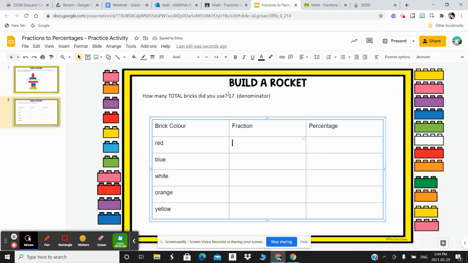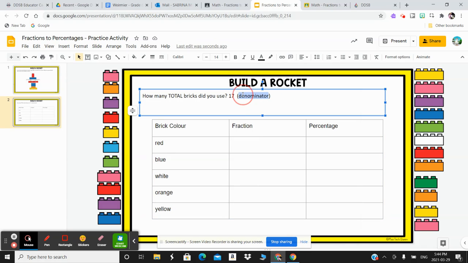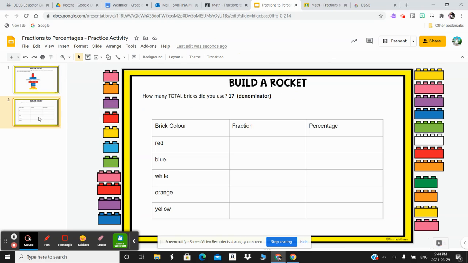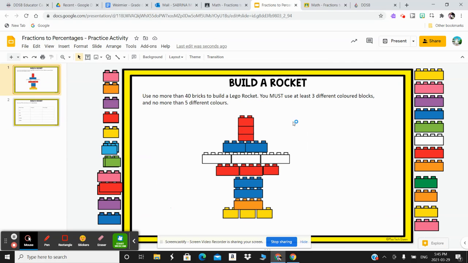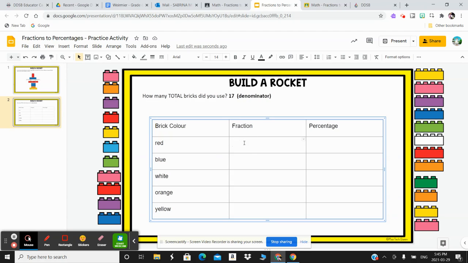Remember, the total number of bricks we used is our denominator. Okay, so for all of these fractions that I'm about to do, 17 will be my denominator because I built one whole rocket. All right. And what first color do I have? Red. So let's count my red bricks. I have 1, 2, 3, 4, 5, 6 red bricks. So my fraction would be